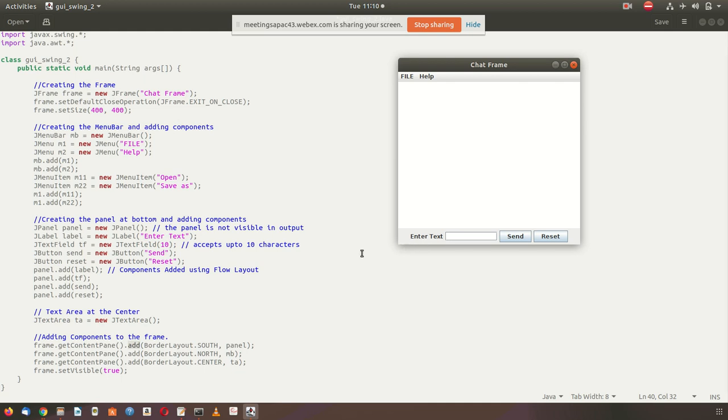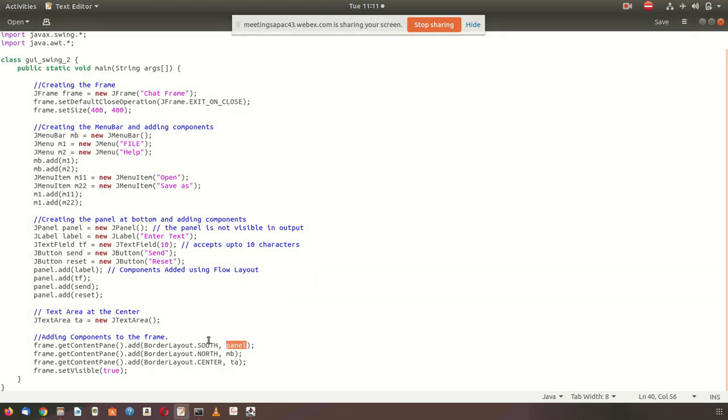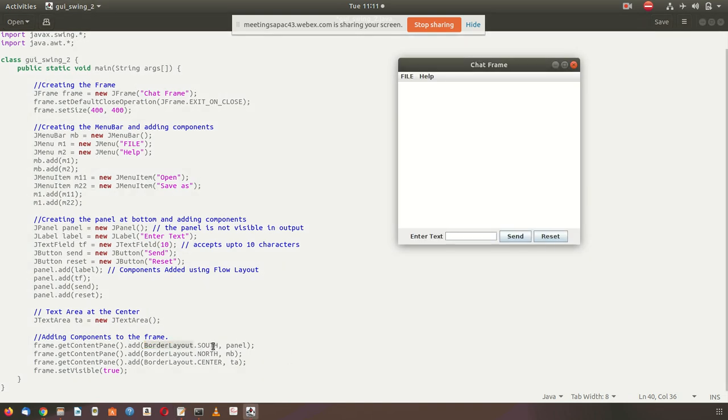Now it is sufficient to add the panel. So that's why the add function is there 3 times. Firstly, to add the panel, where does the panel appear? In the south direction. And how to tell the south? Border layout. If you remember, in the previous example there was no layout. This time there is a border layout. So when you specify the layout, there is no need to mention the left, right, top dimensions like 15, 45. If we say panel in the south, then automatically the complete south portion of the frame will be given to the panel.